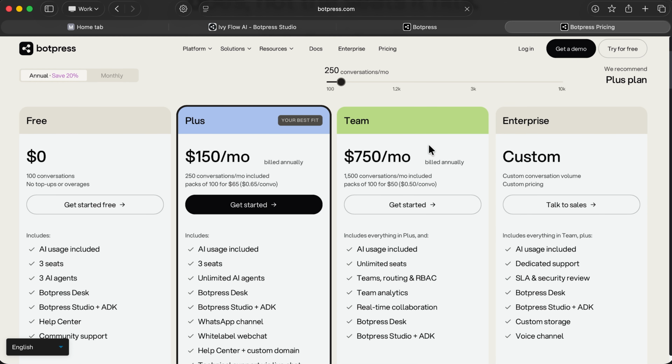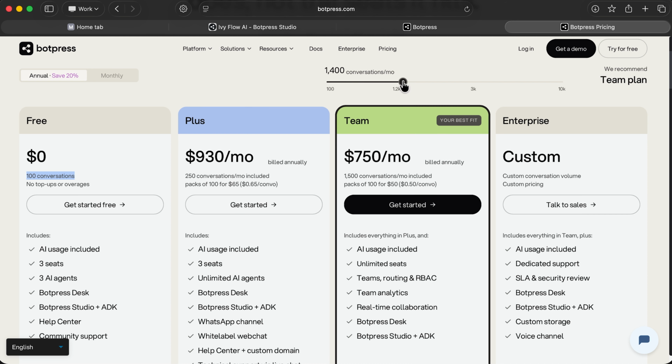Botpress charges by conversations instead, and at the beginning of the month on the free plan, they give you 100 conversations to essentially allow people to talk to your AI chatbot 100 times. The price then jumps up quite steeply from there, and it depends on how many conversations you're looking to have per month. But what I've realized building AI chatbots for clients on Botpress is that most customers who need support